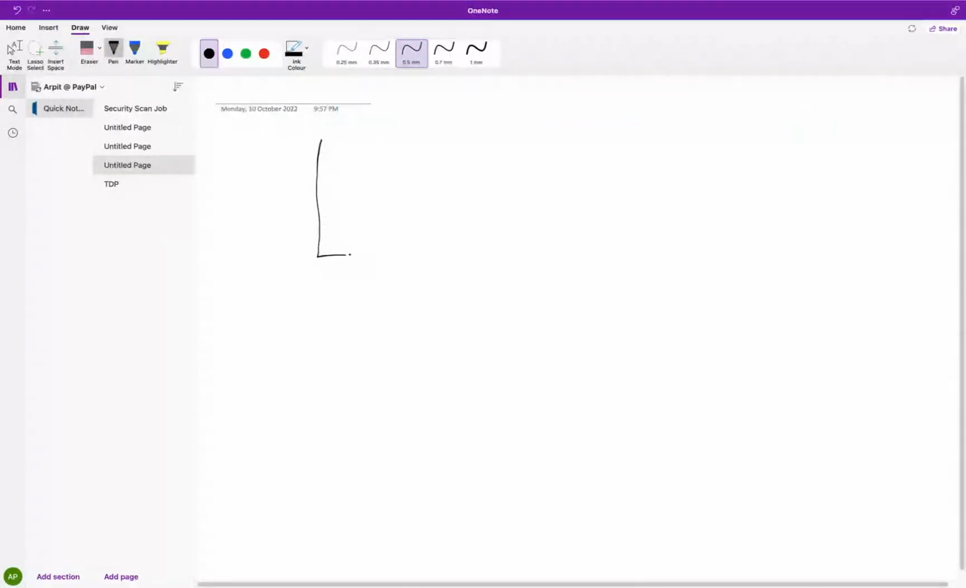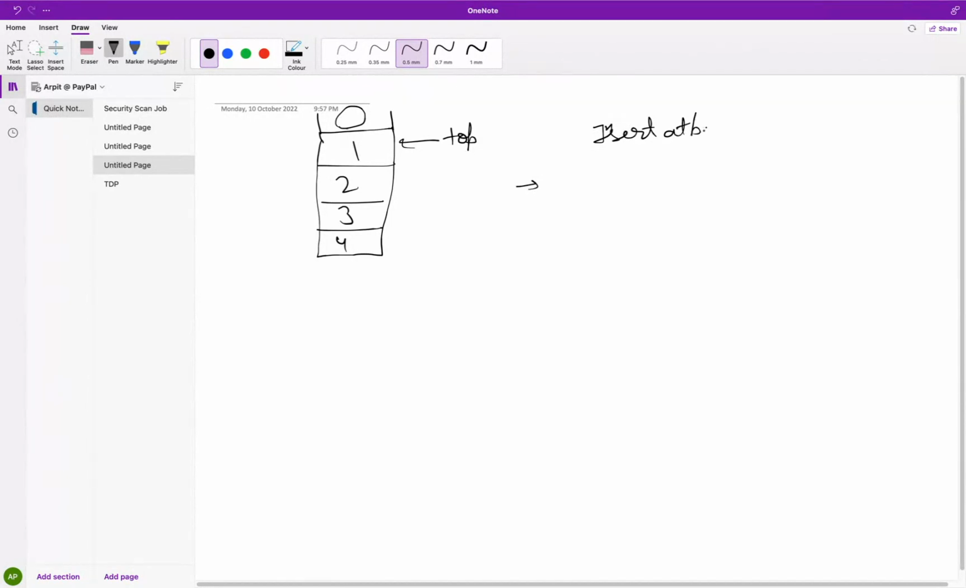if this is our stack, and in that stack we have already inserted 4, 3, 2, and 1, now what is the next position where we can insert? That is this one, right? Top will be at this place. Correct, guys? Now we want to create a function, insert at bottom. So if somebody wants to insert at this place,